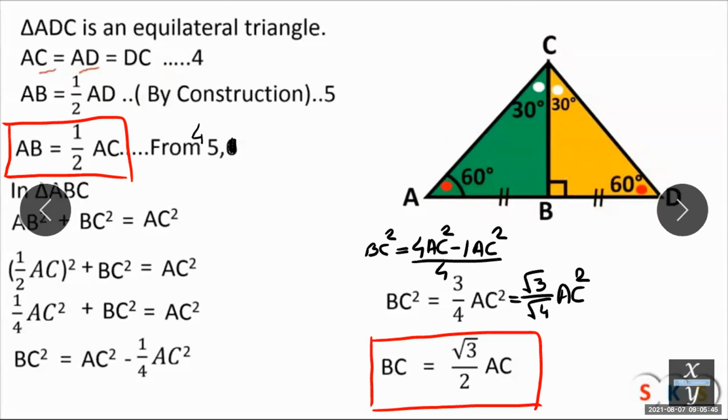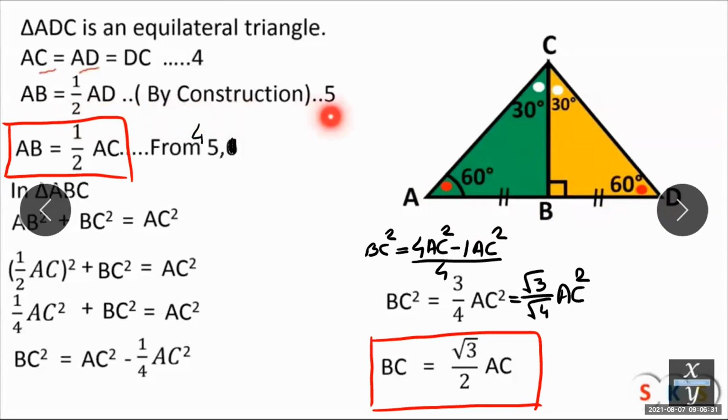Okay. Now, because of construction, we know that we extended this AB segment of the same length up to D. Okay, that means AB and AD are of the same length. That means if I want to find the value of AB, I take half of the complete segment AD, then I will get AB. So here I have written that AB equal to half of AD, and we can write it because of construction.